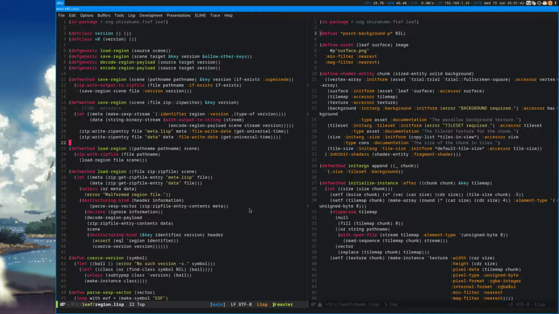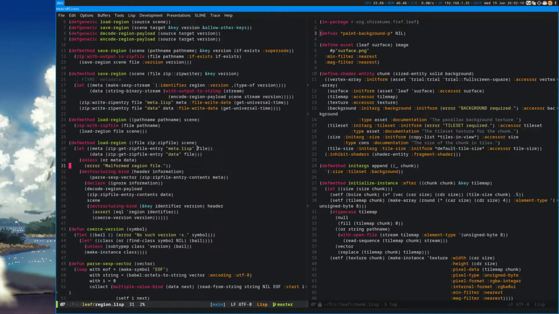One of those tasks was to rewrite the level file format into something a bit more sensible, because the previous format was very inflexible and based on binary streams, and this one uses a more approachable structure based around a zip file containing a metadata file and a data file and some texture files